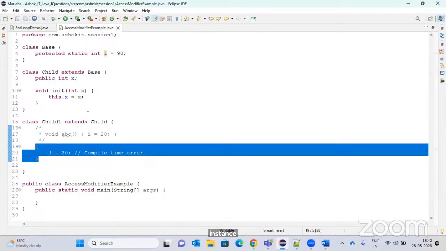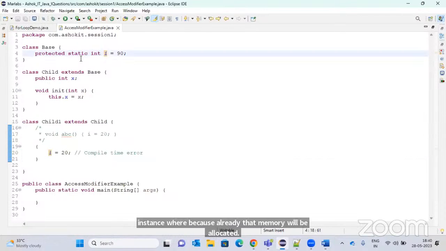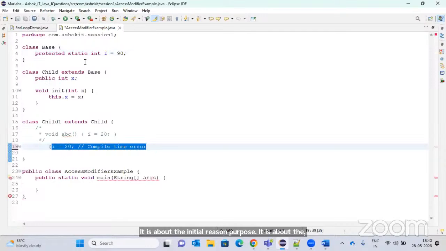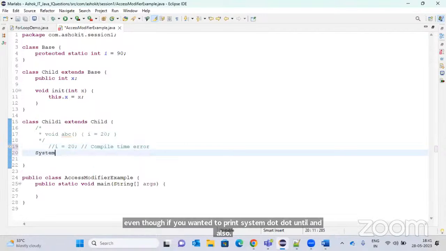So here the point is, it is not related to access modifier. It is not related to static or instance variable. It is related to the task, where you are supposed to perform the task, even System.out. It is about the initialization purpose. Without a method, we cannot invoke any task. Not only initialization. Every operation, every task, even if you want to print System.out.println